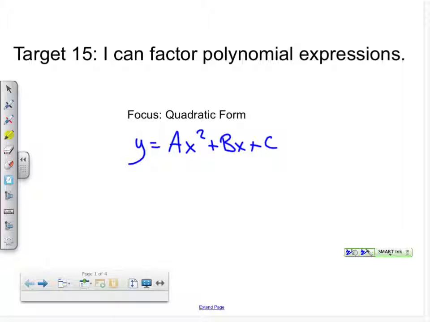c. Now what we mean by quadratic form is we look at the pattern as we go down, and we notice that this is 2, this is 1, and here it's gone. Well, really what's happening is you're cutting it by half as you go down from left to right. Anything that follows that pattern is considered to be in quadratic form. So, for example,